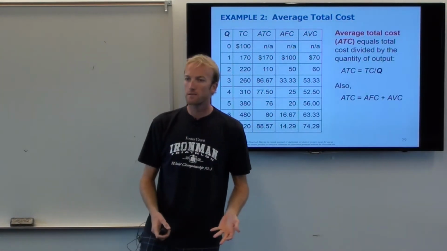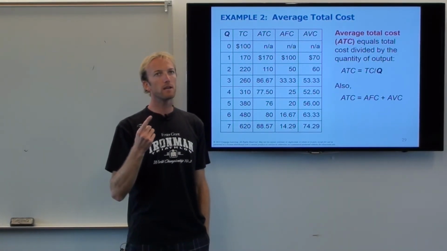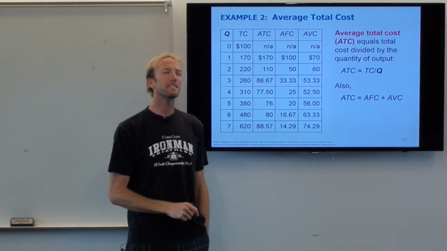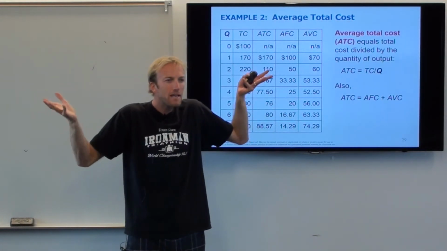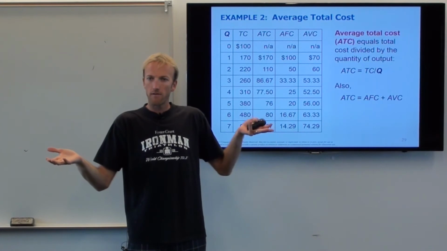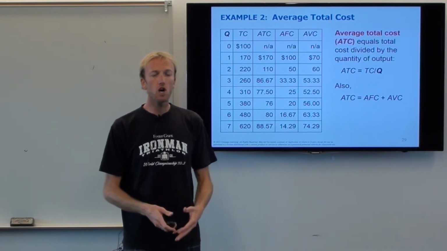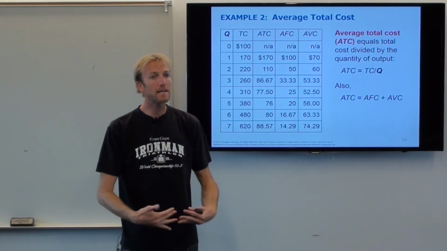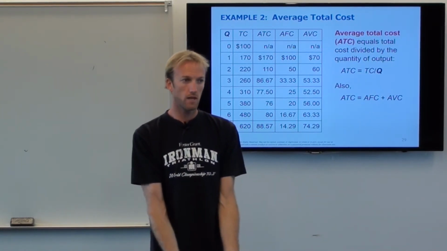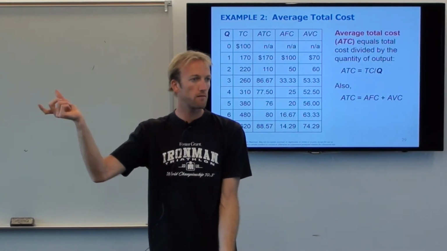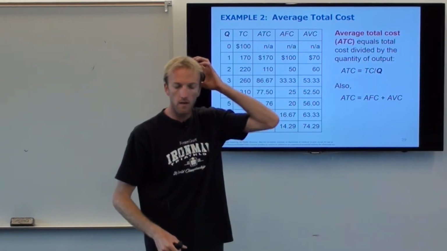Now, why is the average total cost important? Because this answers another question. Like if I were to say, hey, you just made 10 tacos. On average, how much does it cost you to make each taco, right? That's your average total cost, okay? So you see the difference between that and marginal cost? Marginal cost is like, hey, I'm currently making 9 tacos. How much does it cost just to make the 10th taco, right? Very important for profit maximization, because then you can see if when you go sell that taco to the public, you can make more money than it cost you.